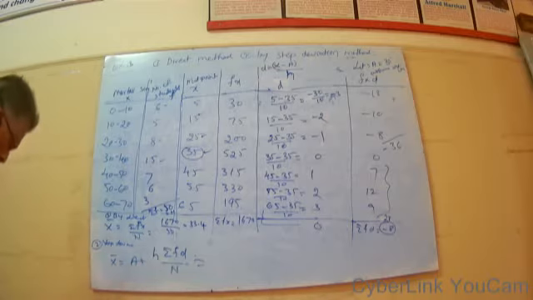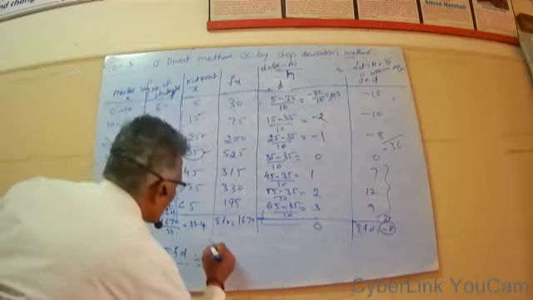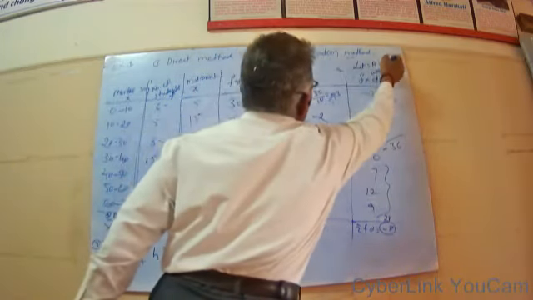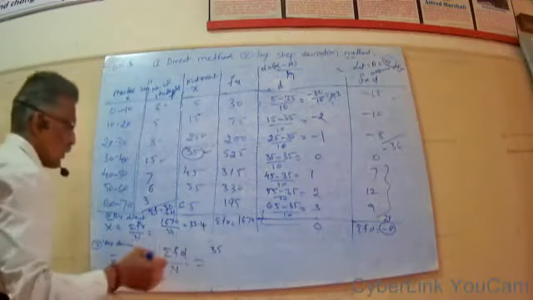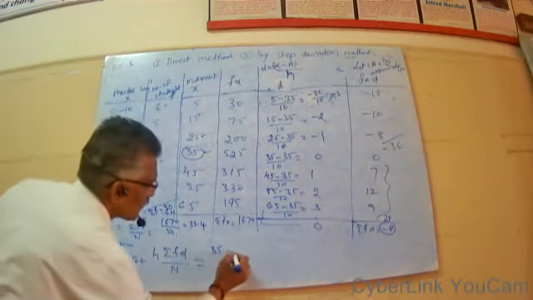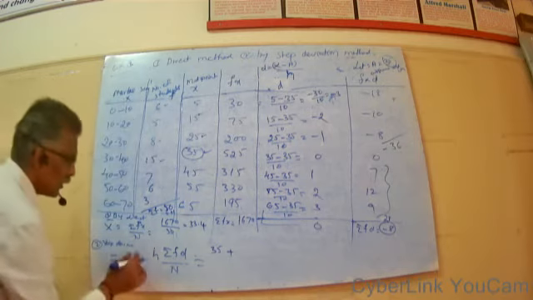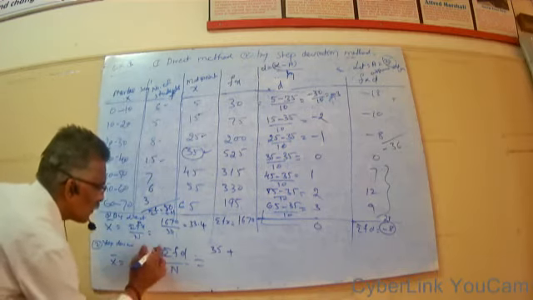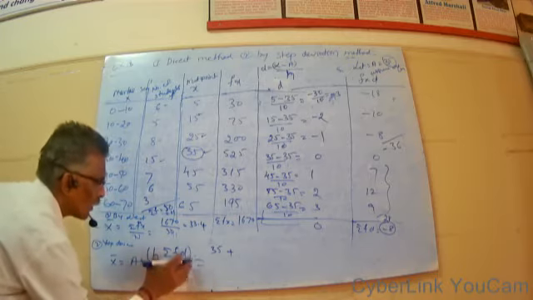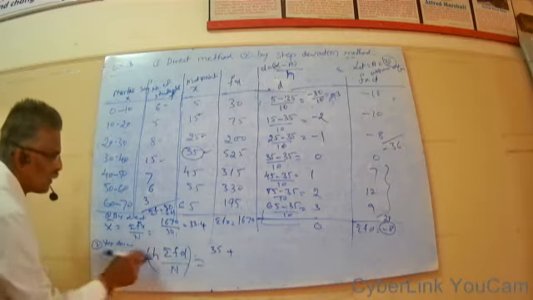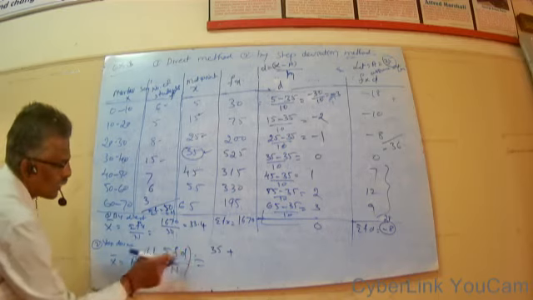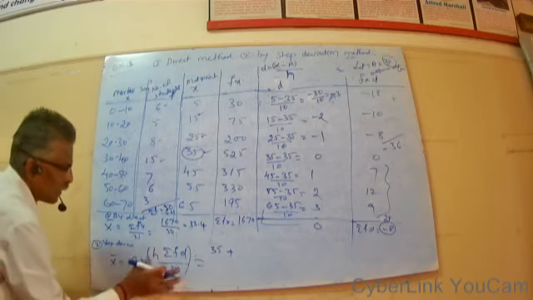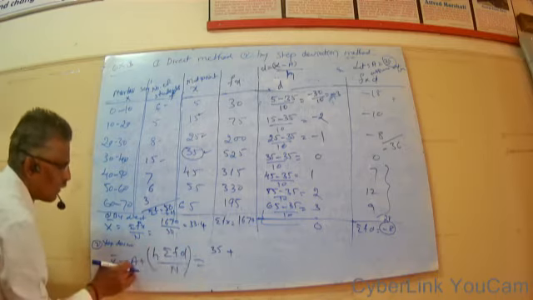ಈಗ a plus step deviation method ಏನು: x bar equal to a plus h into sum of fd divided by capital N. A is 35 here. Assumed value, arbitrary value ಇದು. A equal to 35 we assumed. 35 plus... ಇದು ಬೇರೆ, ಇದಕ್ಕೆ ಈ n ಇದೆಲ್ಲ ಇದಕ್ಕೆ ಭಾಗಿಸೋದಲ್ಲ, ಇದು ಸಪರೇಟು, ಫಸ್ಟ್ ಇದು ಕ್ಯಾಲ್ಕುಲೇಷನ್ ಮಾಡಬೇಕು ನೀವು. ಇದು ಕ್ಯಾಲ್ಕುಲೇಷನ್ ಮಾಡಿ ಇದು ಕೂಡಿಸಬೇಕು. ಕೆಲವರು ಏನು ಮಾಡ್ತಾರೆ, ಇದನ್ನು ಇಲ್ಲಿ a ಪ್ಲಸ್ಗೆ ಕೂಡಿಸಿರ್ತಾರೆ, ಆಮೇಲೆ ಡಿವೈಡ್ ಬೈ ಮಾಡ್ತಾರೆ.